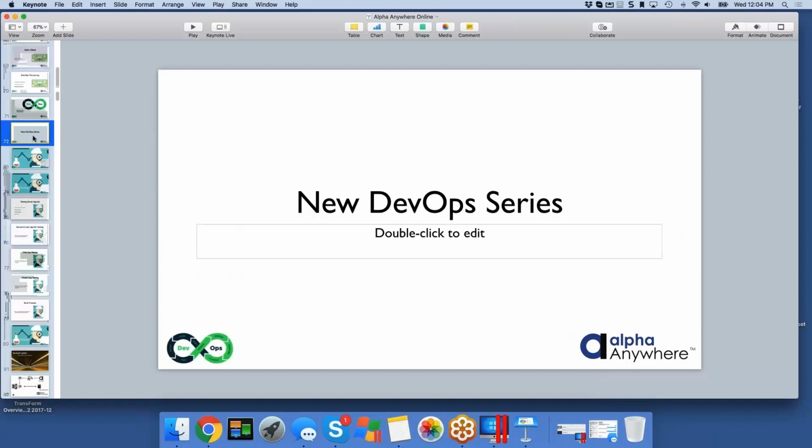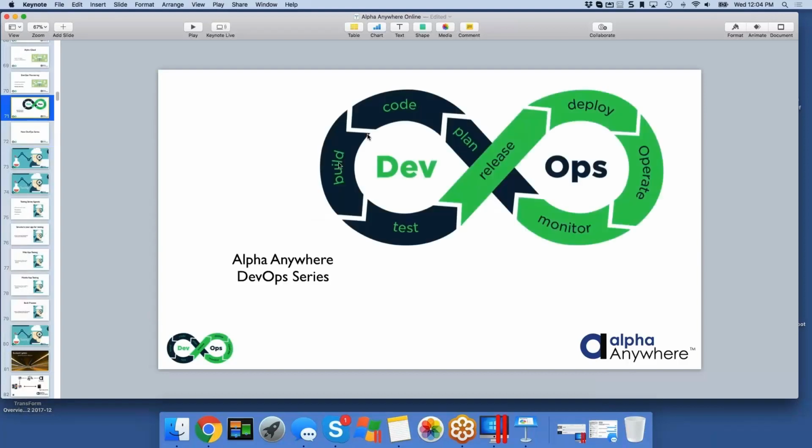It's not the actual act of programming or coding or building it, but it's all the other pieces that go around it that allow you to become really, really efficient. And we've been having a really good series on that in terms of you have a developer cycle where you plan, code, build, and test, and then you release it, and then you have the ops. So we've talked a lot about the different elements of it, things like source control and the monitoring capabilities of both Alpha Cloud and also